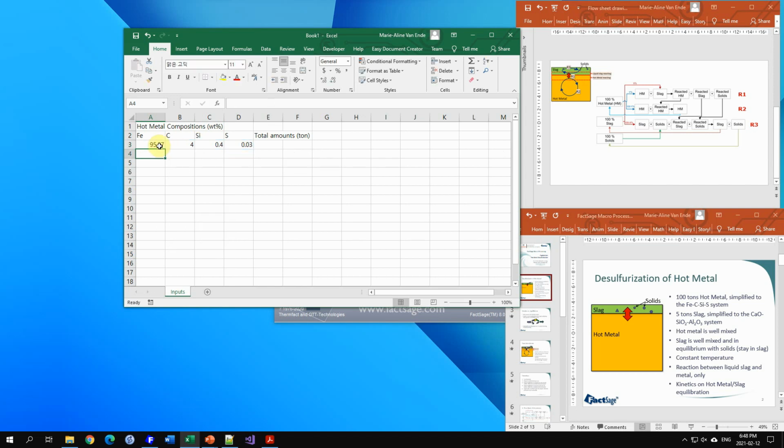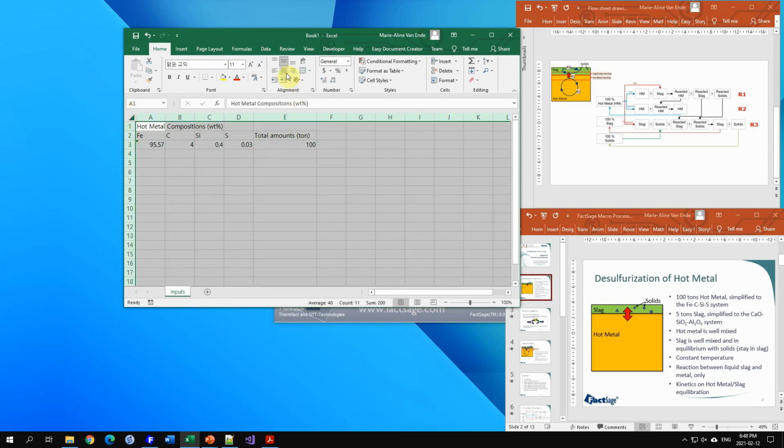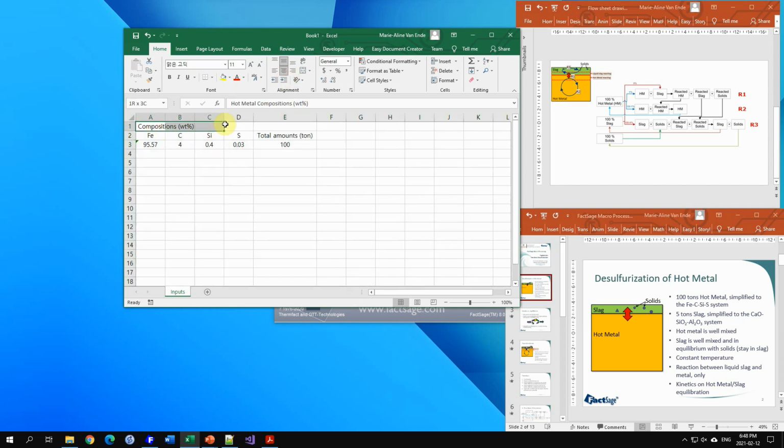Okay, and then I will get basically the weight% of iron and the total amounts here, which is at the beginning 100. Okay, let's try to make this centered and merge these to be nice and well centered. And then we do the same for the slag composition. So again, slag composition